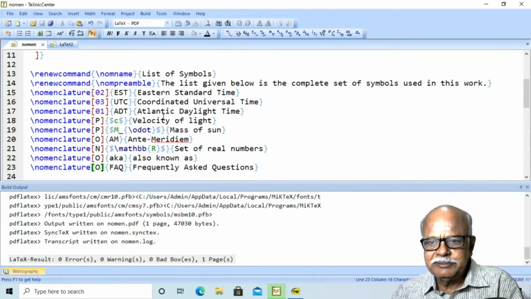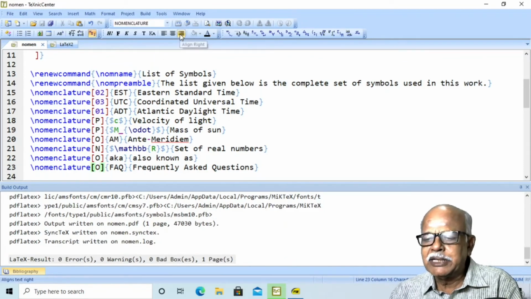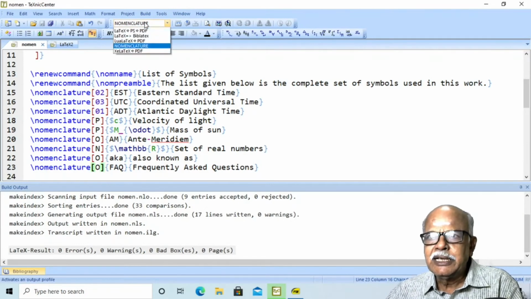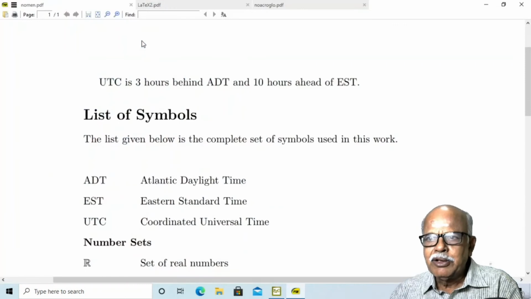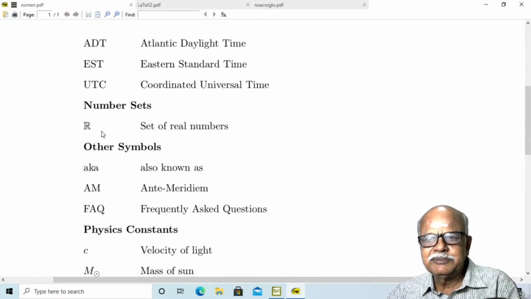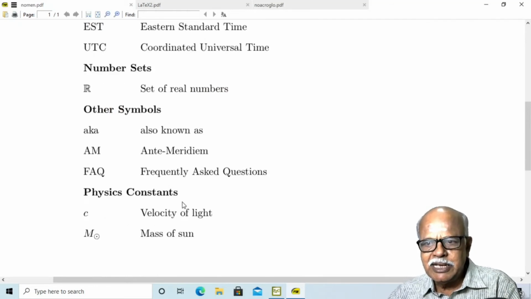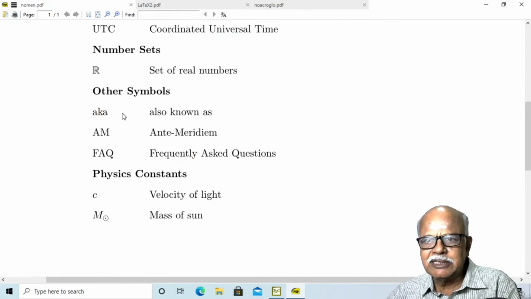Compile, and then again execute nomenclature. Again compile using PDFLaTeX. You will find in the output that number sets appear as a separate subgroup, and then other symbols, and then physics constants. Suppose you want to change this order in other symbols.